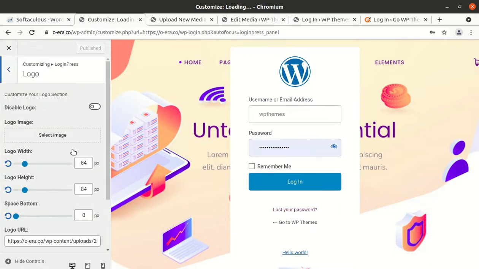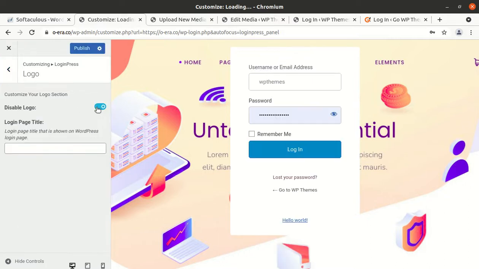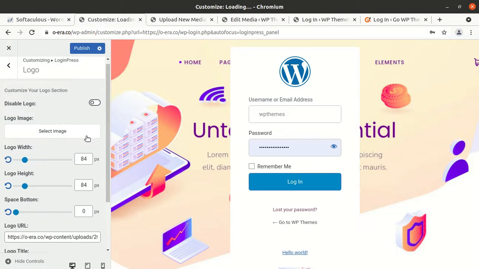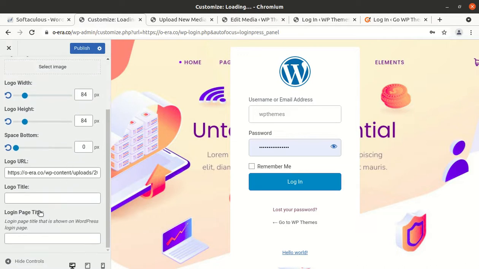Okay, so we have an option to disable logo, or we can enable logo using this option. Somehow this logo is not changed. I'll check again.